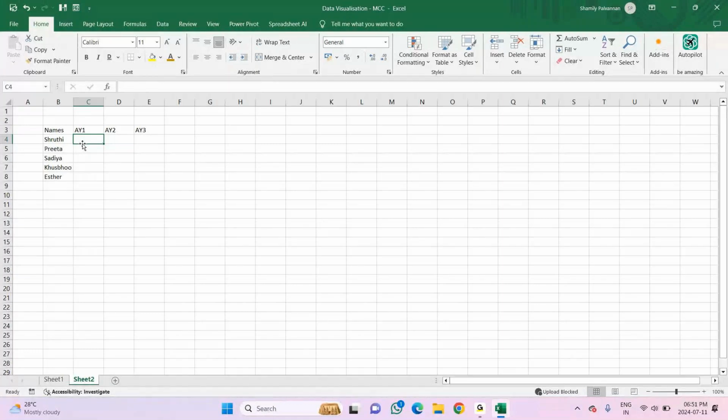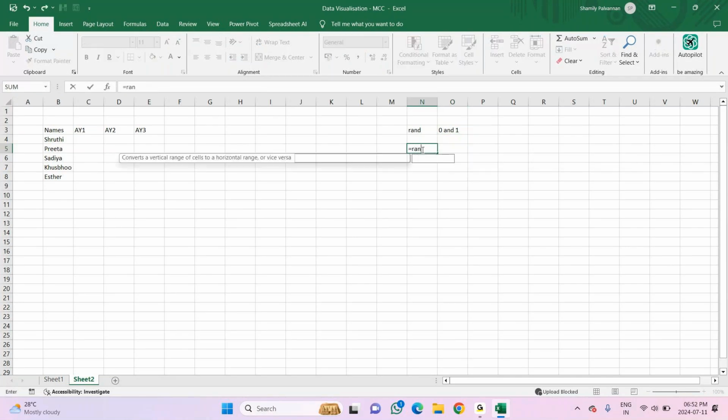There are 2 formulas. One is called rand. What this rand will give you is numbers between 0 and 1. For example, I'll use equals rand, and you can see here, it returns a random number greater than or equal to 0 and less than 1, evenly distributed, changes on recalculation.